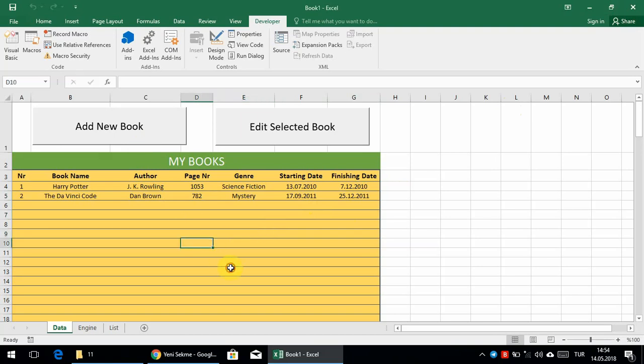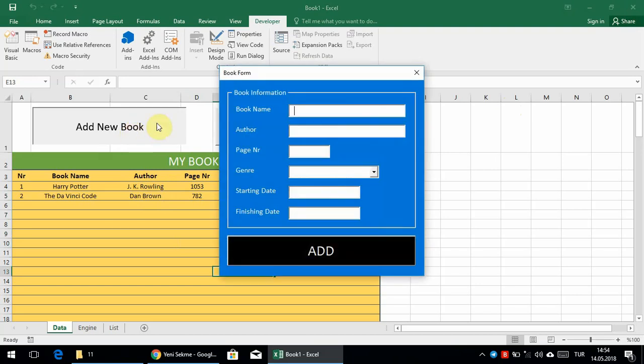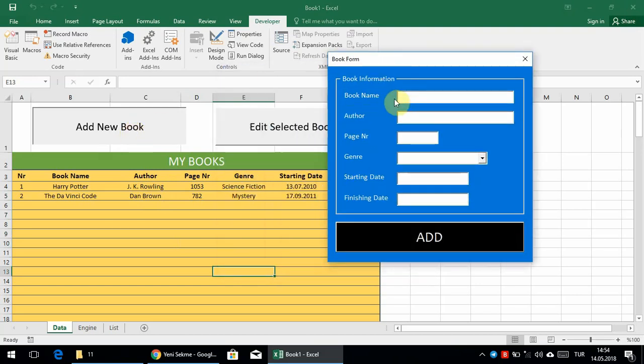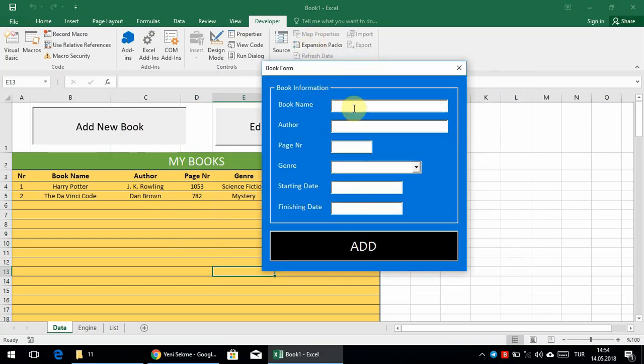It's not important whatever I select in here, because adding a new book doesn't care about the selected row. As you can see, rows are empty. So let's take book information, book name,